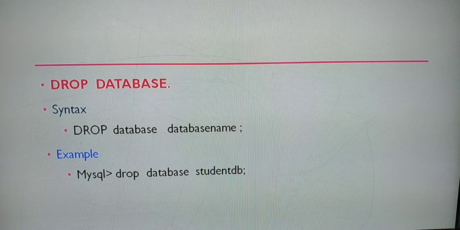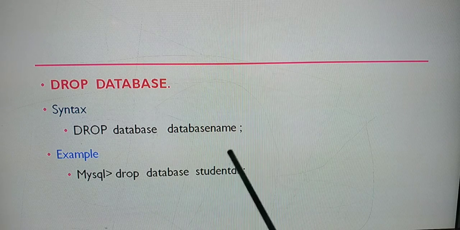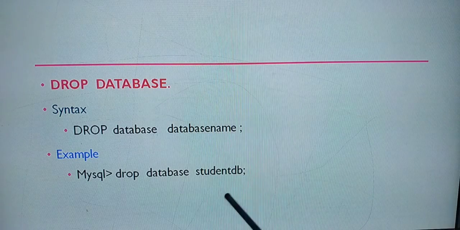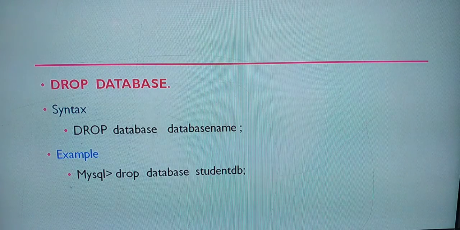Yes, you will be having the command prompt, that is your MySQL drop database. So these two are your important words. You must write these two. Then you will be having the database name that you have created, and it must be terminated by semicolon.